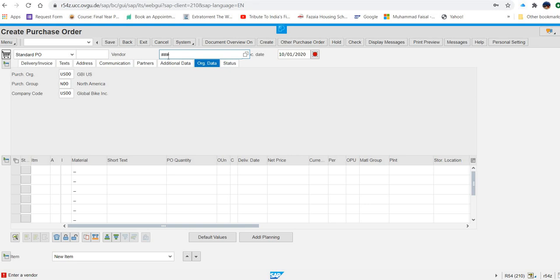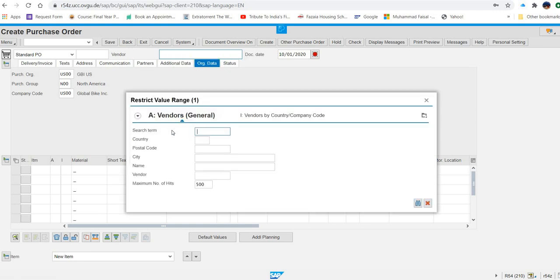But wherever you find triple hash, you have to remove it and put your GBI number. My GBI number is 500, so I am putting that GBI number 500. They are asking us to search the vendor by search term. Instead of entering 500 here, I will press F4, and a window will open. In that window, in search term, I will type 500, and then